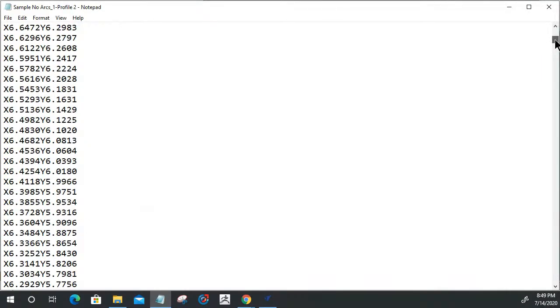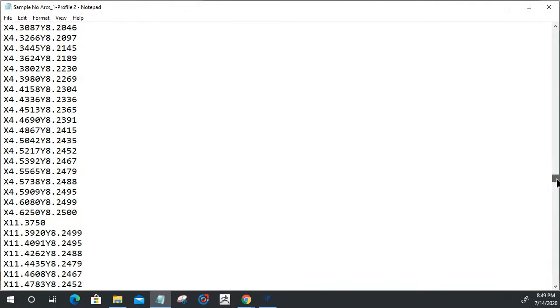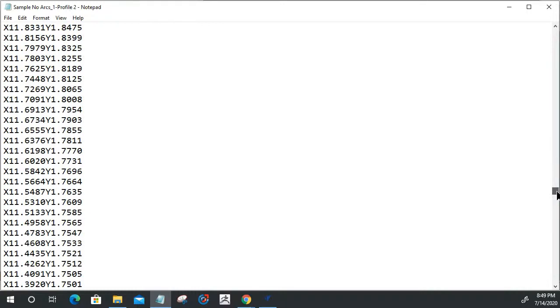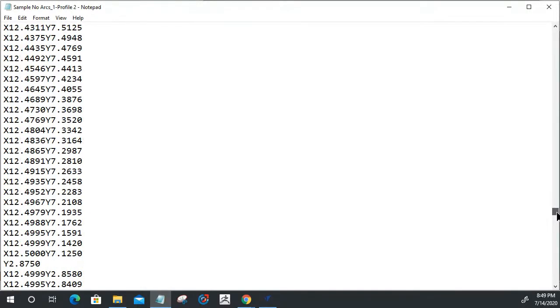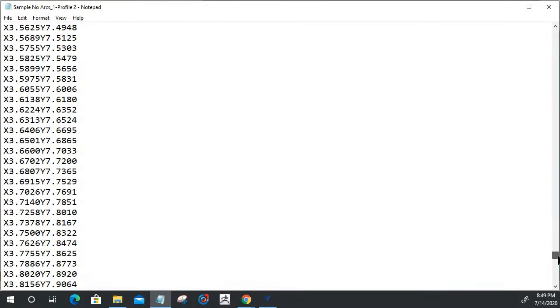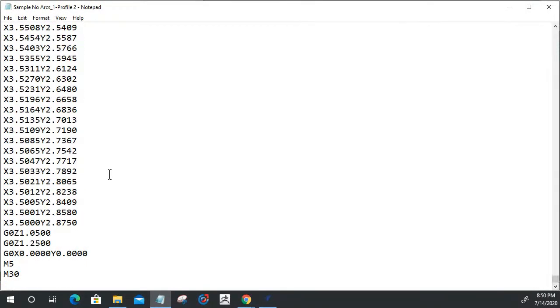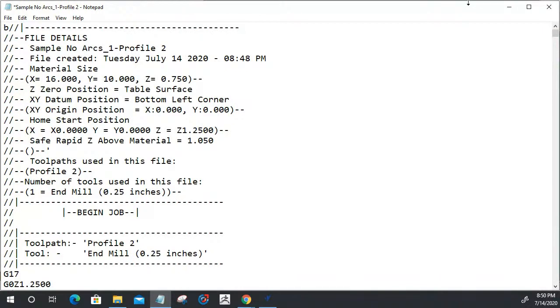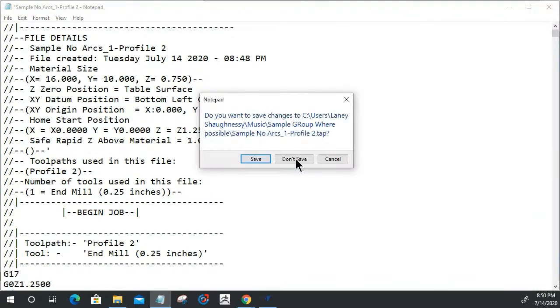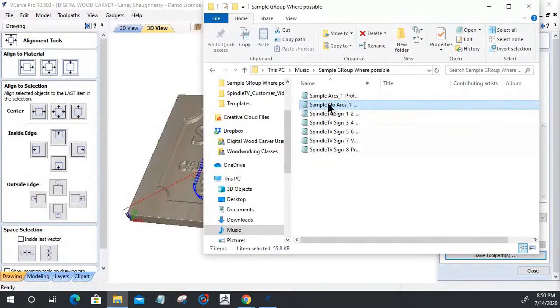So this is the toolpath. Each one of those line segments is individually broken up into line segments. Whatever my nodes are, all those nodes in your design are line points. And then of course it's got all the line segments to go around the corner. So if I would have opened this up in Notepad++, it would have showed me the number of lines, and we could have shown you that. But let's look at the one with the arcs,